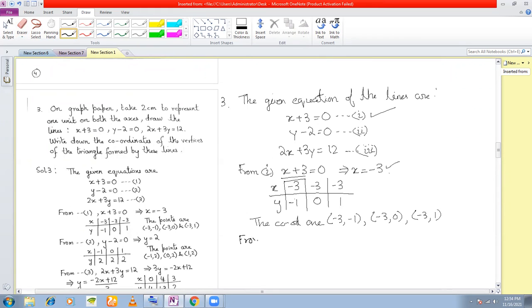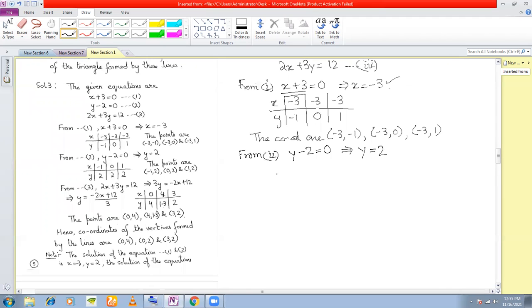From 2, y minus 2 is equal to 0. Okay, so the first thing that comes to your mind is y must be equal to 2. Fine. Let's write now y equal to 2. But the problem here is, which variable is not there, dependent or independent? When y is equal to 2 in this equation, the independent variable is not there, right? So if only the dependent variable is there, y is equal to 2, y will not change its value. Y will always be 2.